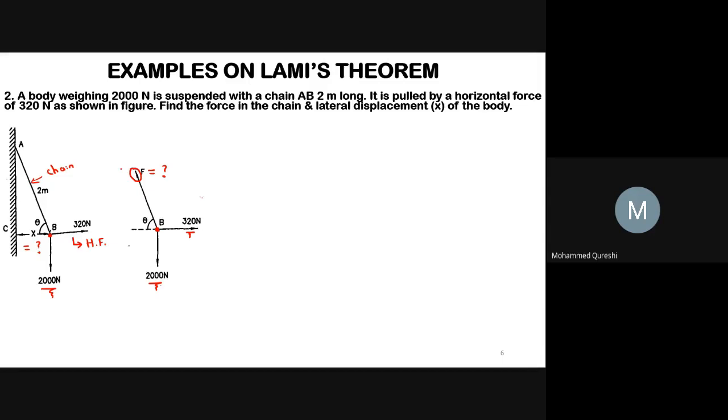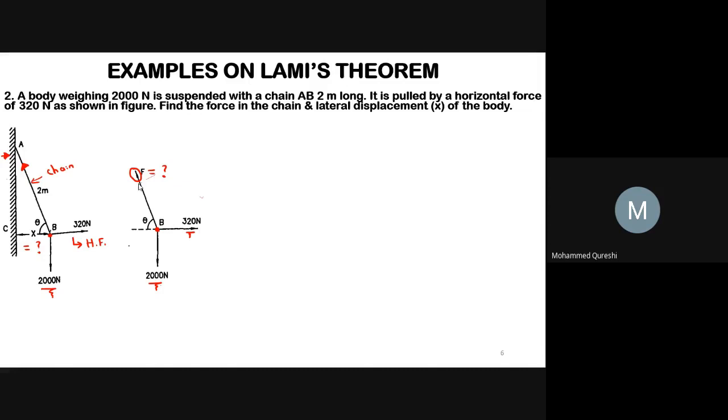It is in upward direction as 20,000 Newton is going downward. 320 is in this quadrant, and the chain is suspended with some support. Hence, it will be in the upward direction. For the system to be in equilibrium means we have to put the same figure without any change in its position. Hence, your force F is in upward direction.